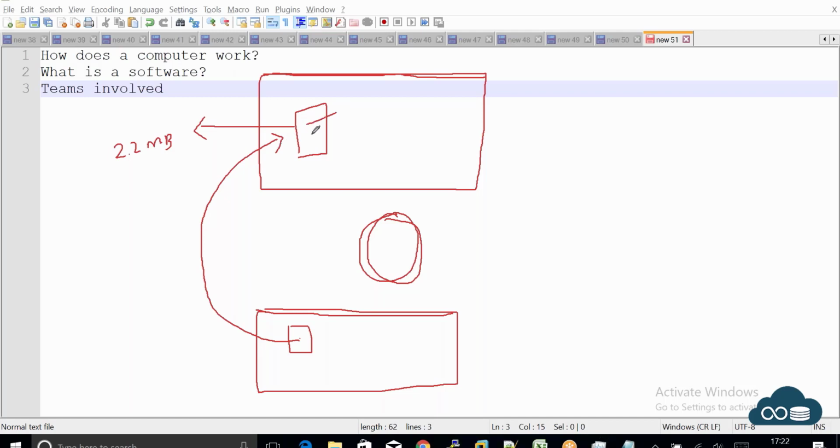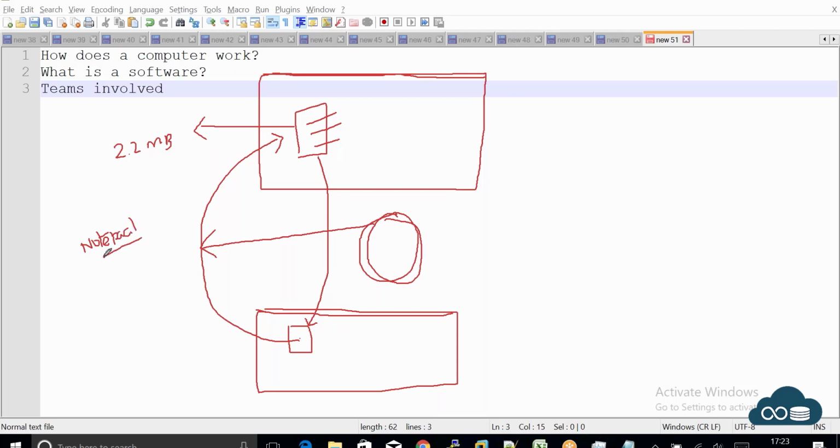And when I started working with this notepad, my CPU came into the picture. And when I saved it back, some disk utilization happened. This is about your notepad application.